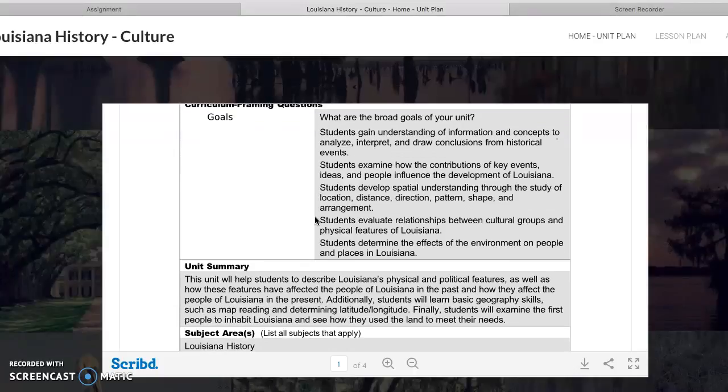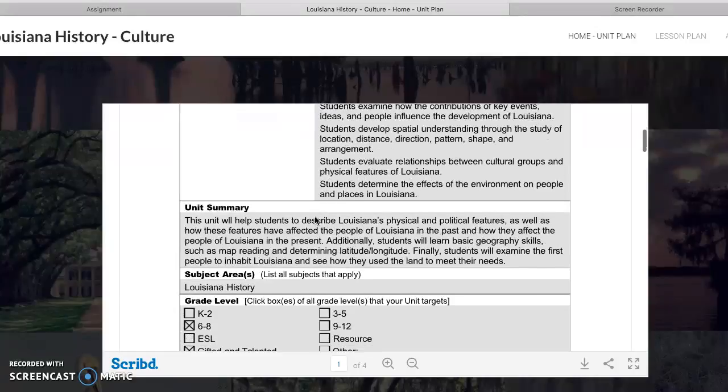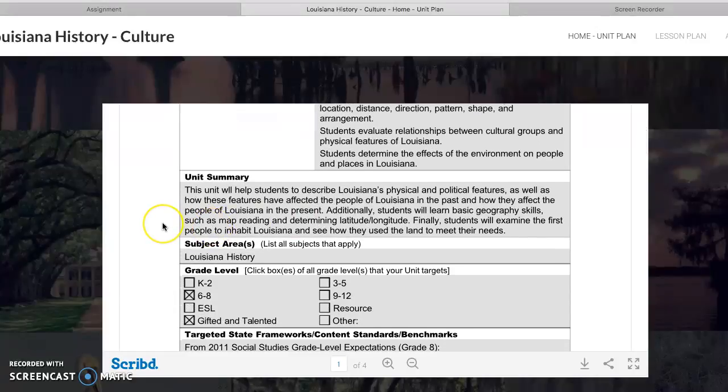They can evaluate relationships between cultural groups and physical features of Louisiana. They can determine the effects of the environment on people and places in Louisiana. So my unit summary is that students are going to describe Louisiana's physical and political features and how the features